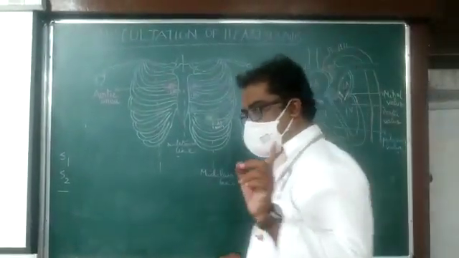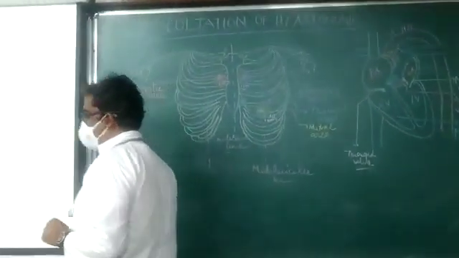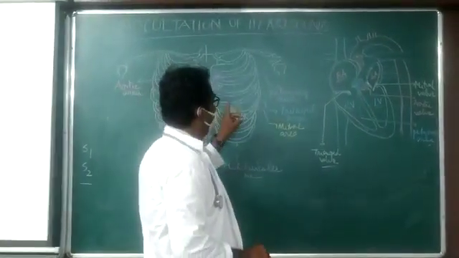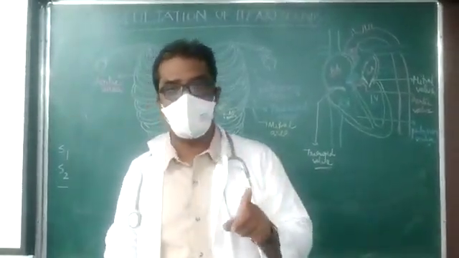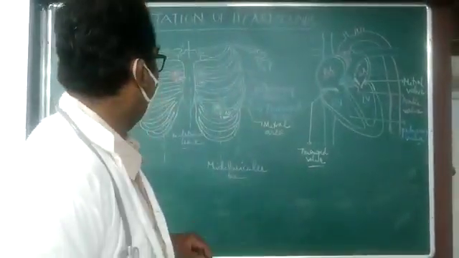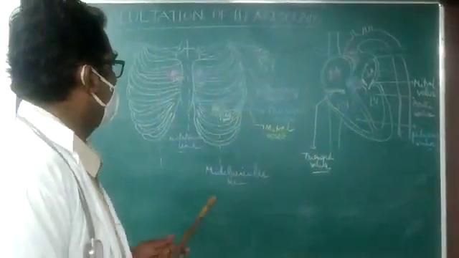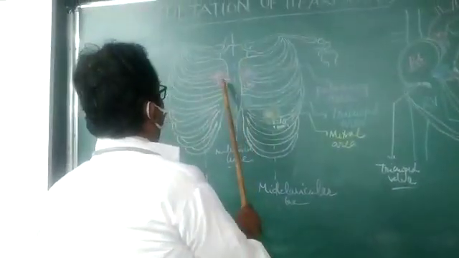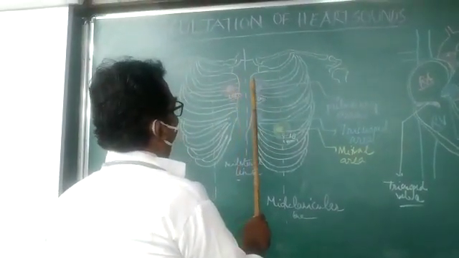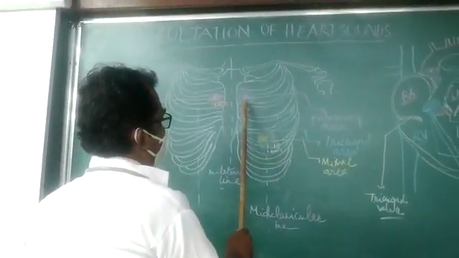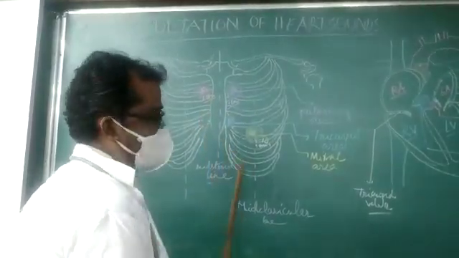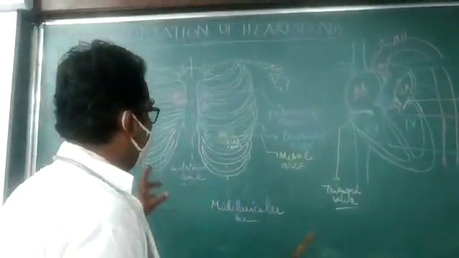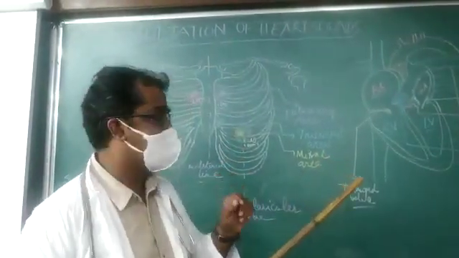In your previous classes, you have been taught that there are basically 4 areas where you will look for the heart sound. Number 1 is the mitral area, number 2 is the aortic area, number 3 is the pulmonary area, and number 4 is the tricuspid area. The anatomical locations of all 4 you have been taught, but just for a little recapitulation,